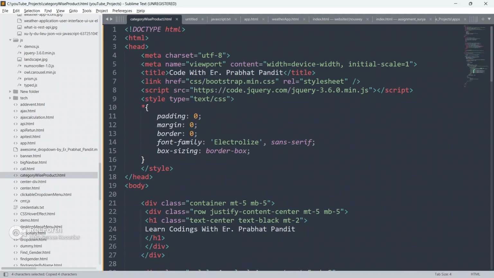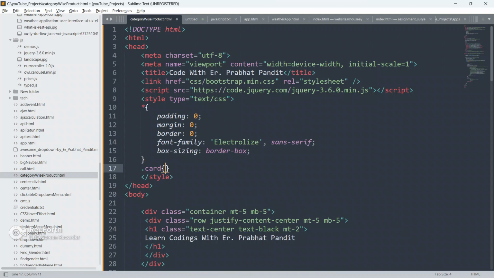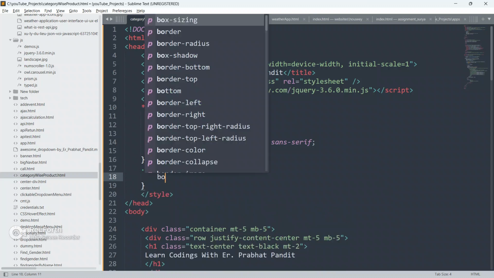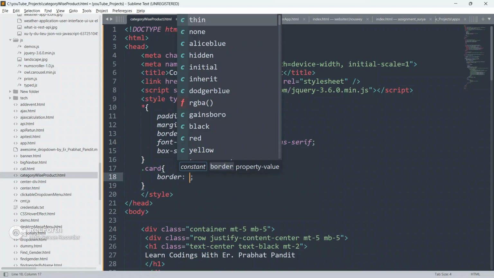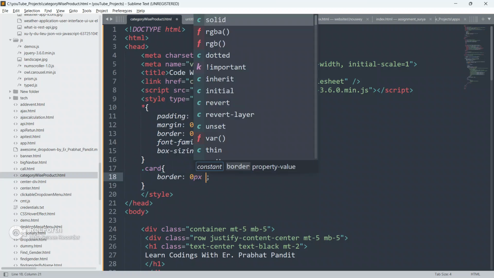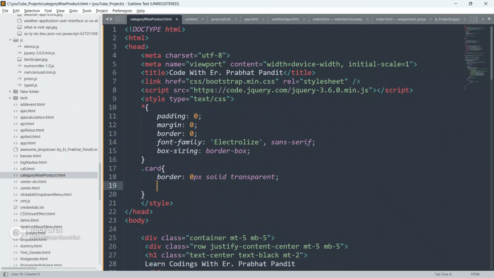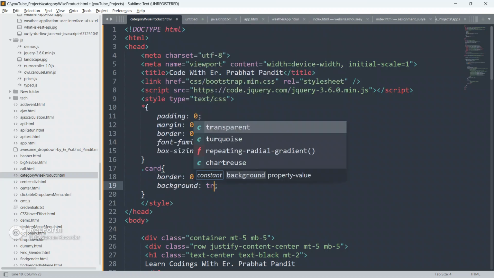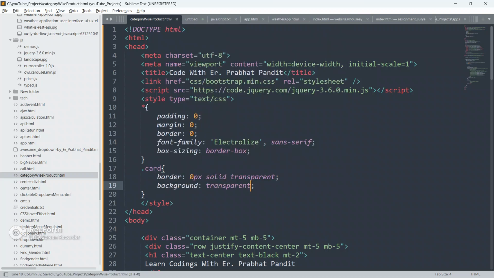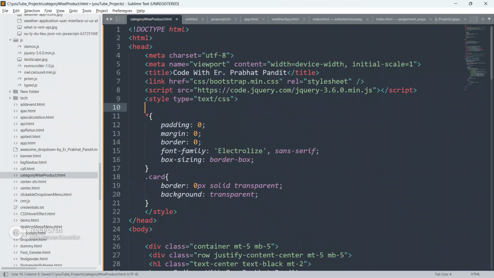Yeah, this card. Okay, now I'm going to target this card class. Go up, paste it here, and give border as 0px solid transparent. Give background color also as transparent.